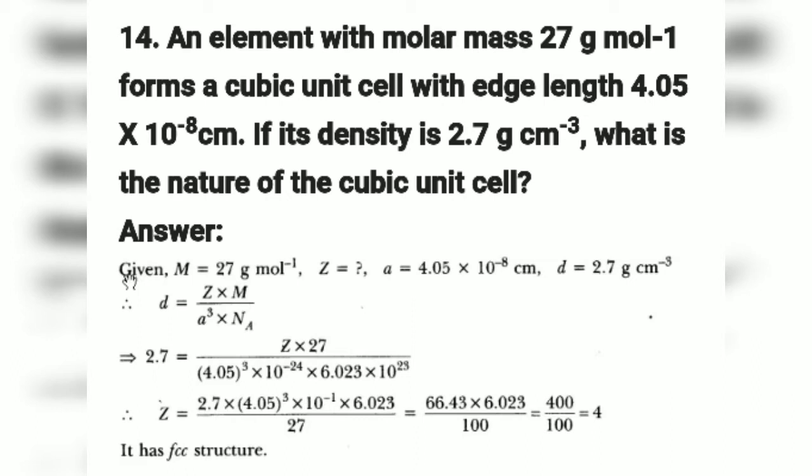When you get the value 4, you can understand that your Z is 4. When your Z is 4, you can say the constituent particles are 4, so which kind of unit cell does it belong to? That is FCC, face centered cubic. Why face centered? Because in face centered, each face contributes. So when each face contributes, your structure has the number of constituent particles equal to 4. I hope you are getting the numerical.